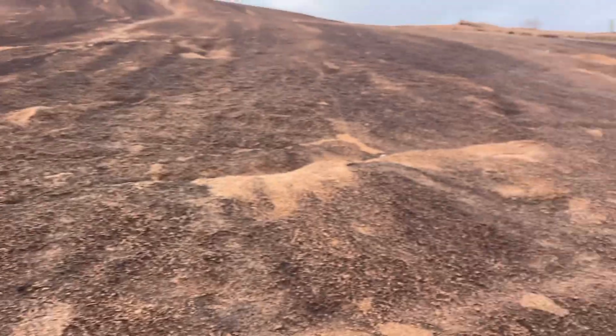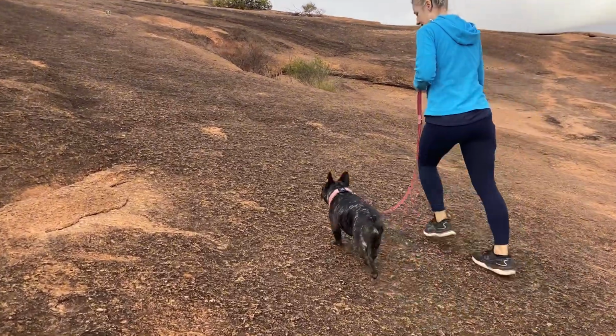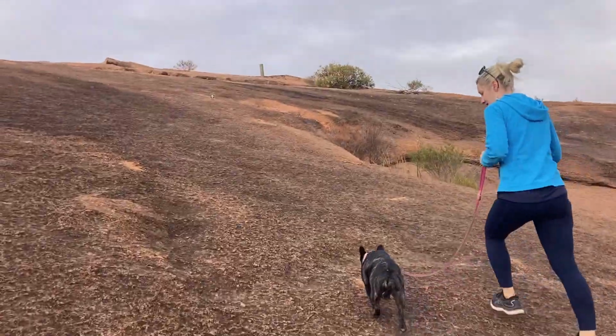It's only a 1.2k loop. But seeing as you can't climb Ayers Rock anymore, this is the biggest monolith you can climb in Australia. So quite a good, cool thing to do. We're just following these little arrows up. Lulu's allowed on it as well today. You're allowed dogs up here, so